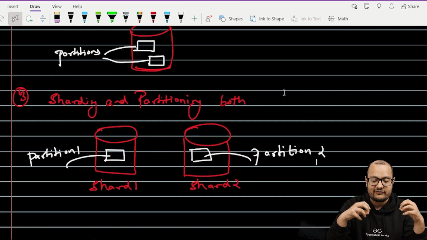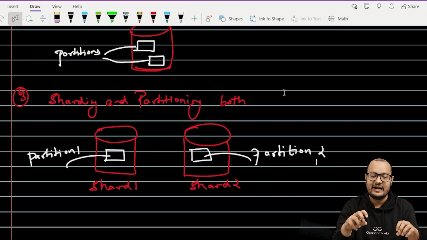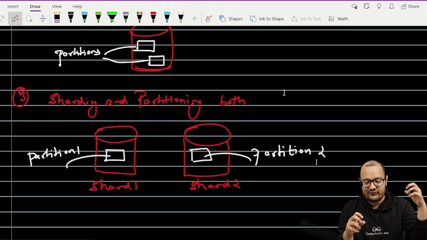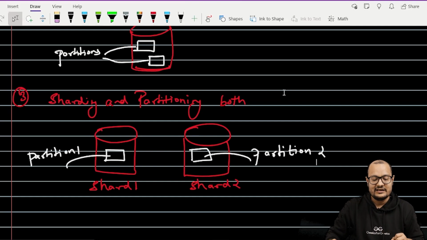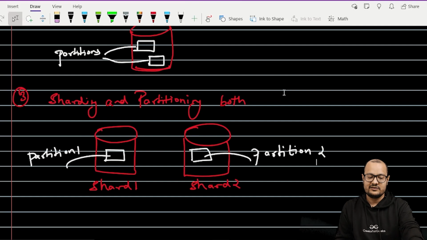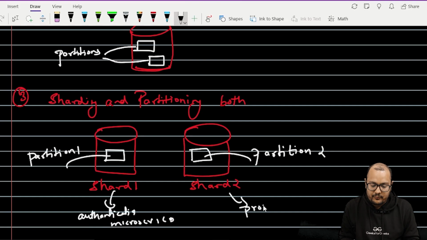Both of them will have microservices handling separate requests, one for authentication and the other for profile. That is the best example for both sharding and partitioning, because this shard will be handling the authentication microservice and this other shard will be handling the profile microservice.